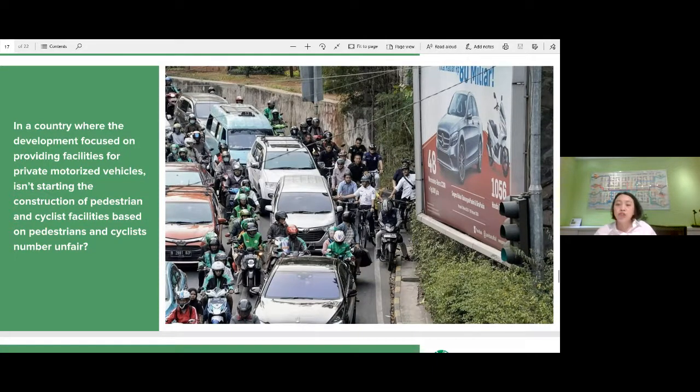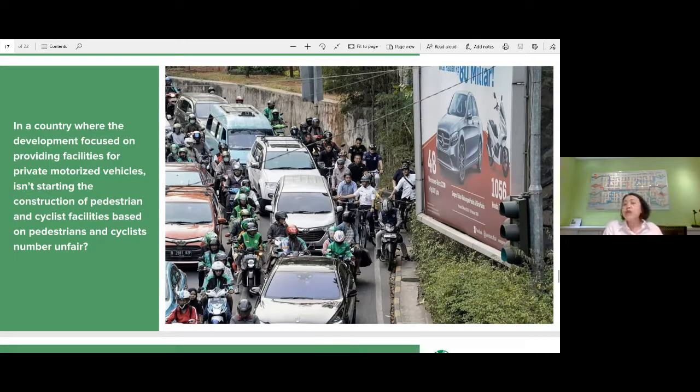Every time we propose developing a bike lane or a pathway, the question is always how many people want to walk or cycle. But if we can use the same logic when the officials or the cities develop highways or freeways, it means they are providing roads, inviting more cars to use the road.